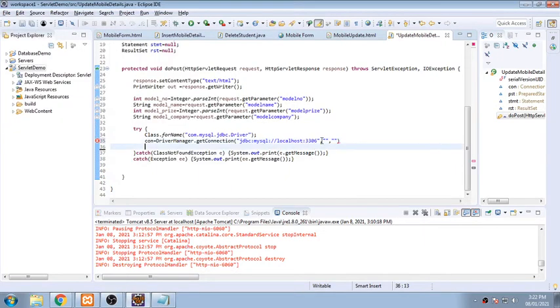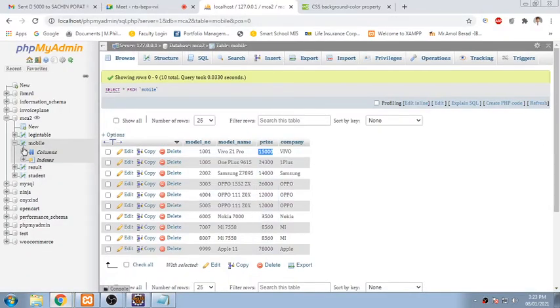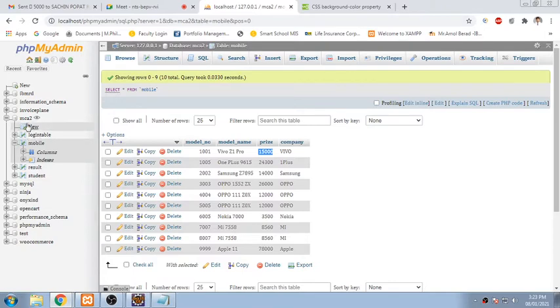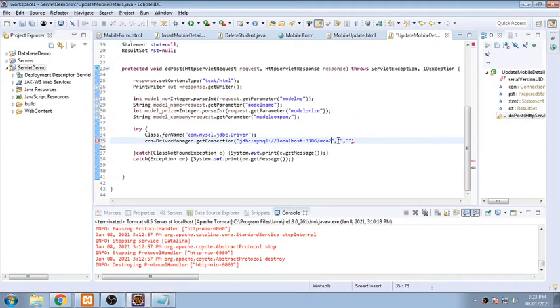Okay, and then after that I have to give the name of my database. As you know, there is a database called MCA2, so this name needs to be written into this program. Whenever I want to open this database, I need some username and password. By default my username is root, but I have not given any password. So the parameters I have to pass are the username, that is root, and as there is no password, I am not passing any parameter in this. I am putting a semicolon.